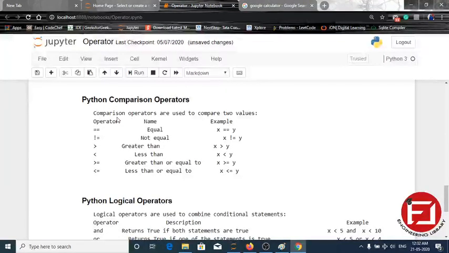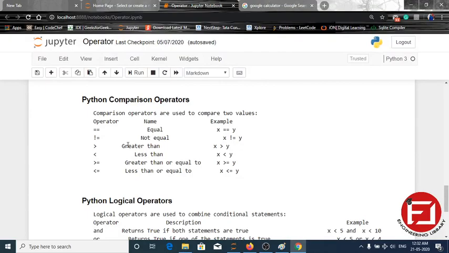Comparison operators are used to compare two values, such as whether two numbers are equal or not, whether one number is greater or smaller than the other, or greater or equal, or smaller or equal. Similarly, if x is 4 and y is 5, then is x equal to y or not. Sometimes in programming we need to check if the two values are equal, and only then do some operation. If x is smaller than y, then only we have to do this operation.